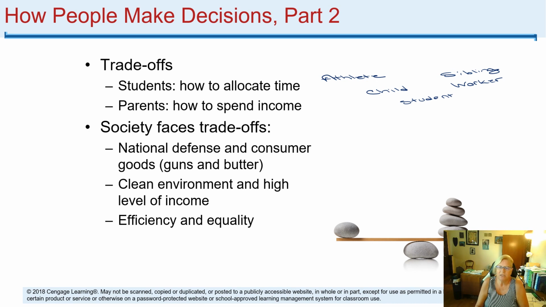So which one wins? And which one wins is determined by the value that you place on that activity versus the value that you place on the others. And sometimes one wins, another one doesn't. I was a parent of a younger child when I was doing my PhD, and sometimes student won. And sometimes child won because she had to do something that I needed to be there for. So when we think about these things, those competing roles that we play in our life, we have to fulfill one sometimes at the cost of another.